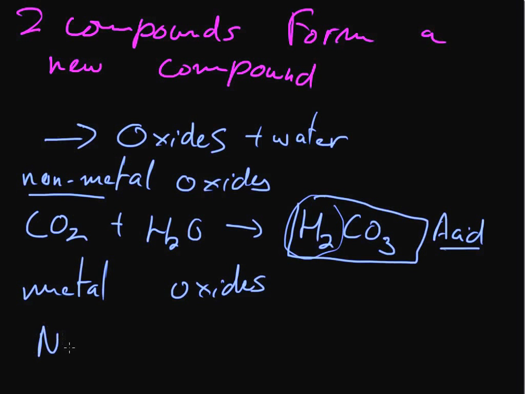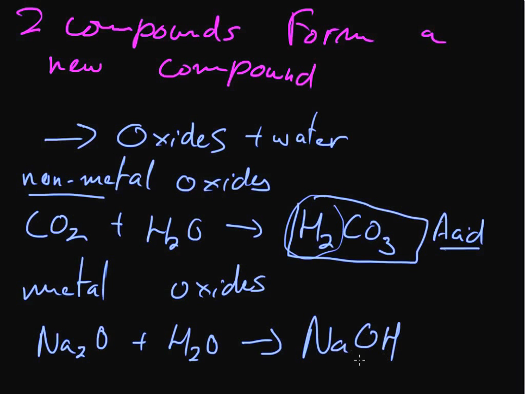With a metal oxide, such as sodium oxide, if you pay attention, you should know that this will create NaOH. Don't forget to balance your equations. Because my OH is there, this is a base. Therefore, metal